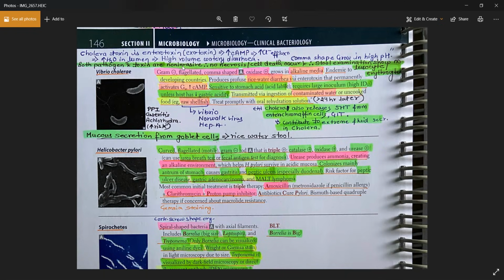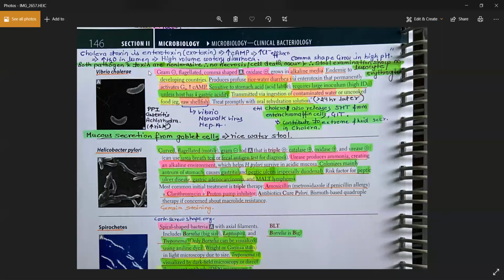So this is a gram-negative curved bacilli. These have this S shape or the comma shape, and they have this flagella, as you can see here in the diagram also. They are oxidase positive, just like any other gram negative curved rod. And they require the alkaline media to grow. Very important, they require the alkaline media to grow,